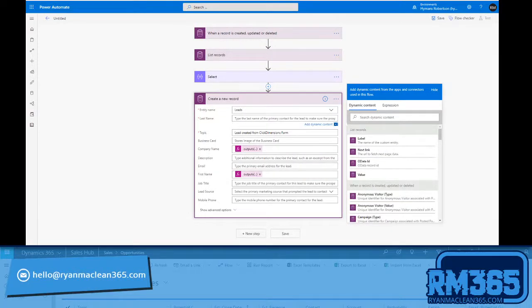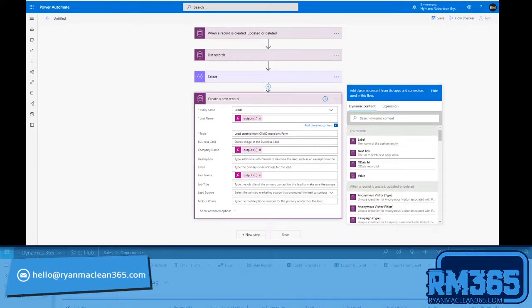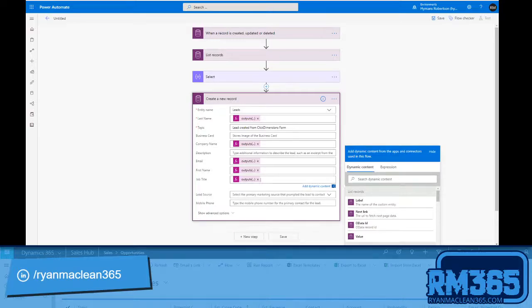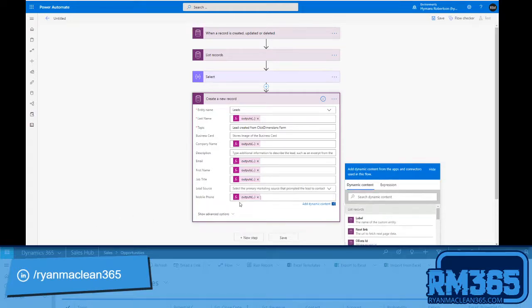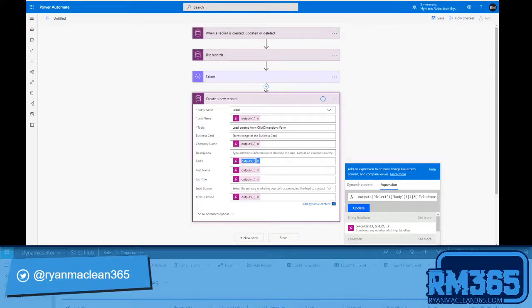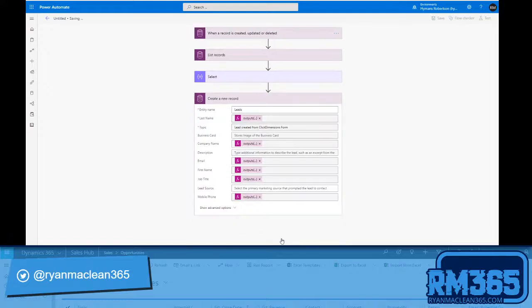So if I take my last name, take the email, I want the job title, and I want the mobile phone. So again, if I just look in here, we can see we've got job title, for this we've got the telephone, for this we've got the work email address. So we can save this,